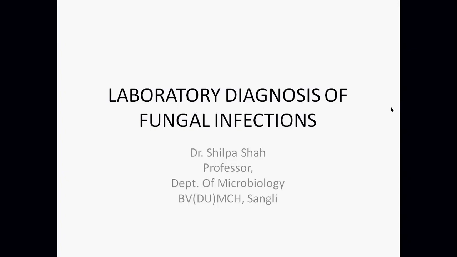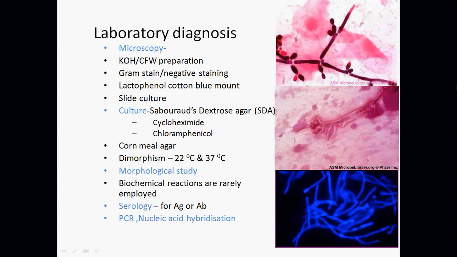What are the different infections caused due to fungi, which types of fungi are there. In the classification of fungi, you know that there are yeast-like fungi, mold and dimorphic fungi. And all these fungi cause a variety of infections: superficial infections, subcutaneous infections, deep or systemic infections and opportunistic fungal infections.